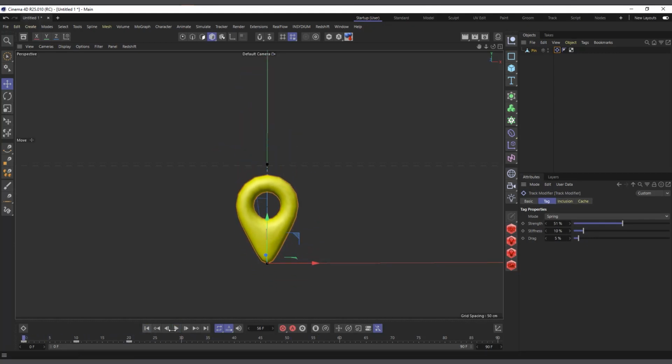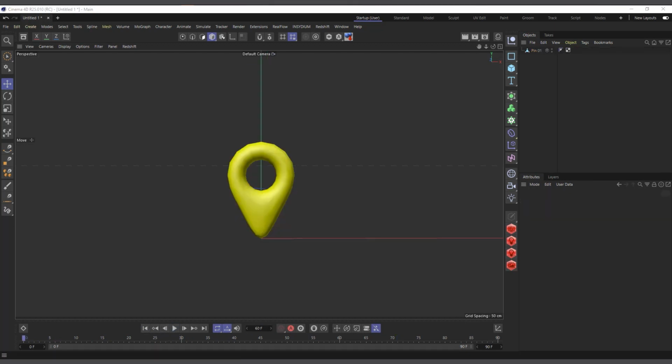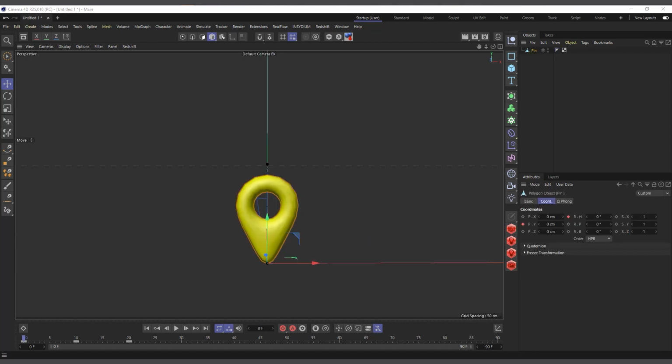It's Kobe here, and in today's video we are going to talk about the track modifier tag, which was introduced in Cinema 4D R25, and this is part of my video series on Cinema 4D tags. So what the track modifier basically does, just like its name says, is modify the animation track of your object. You can see in here I have this pin object, and if I hit play, it moves up and comes down and rotates. So we've set keyframes for it to move up and come down, and it rotates, and it ends at frame 20.